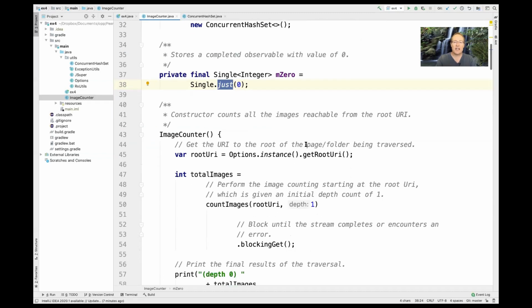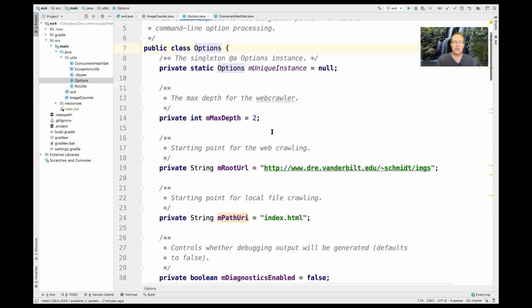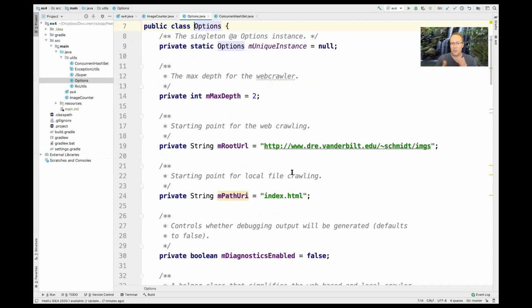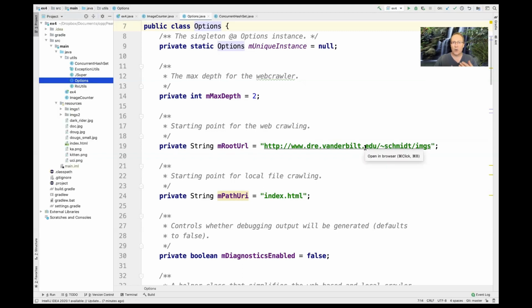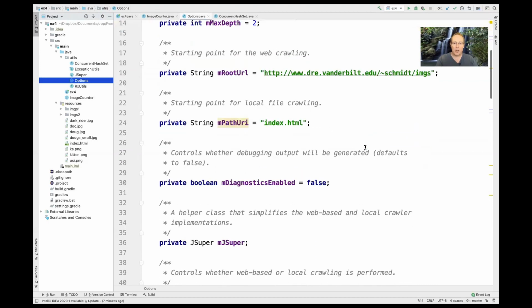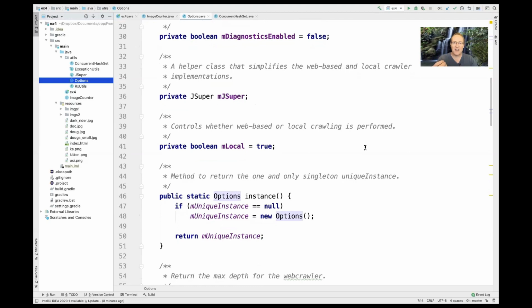All right, let's go down now and take a look at the image counter constructor. That's where the wheels get set in motion. The first thing we do is go ahead and get the root URI. And as before, if you go and look at the options singleton, you'll see that we have a couple of different starting points. You can also override this if you want, but the couple of starting points are either the path name into the file system, into our resources folder, which you can see over here, or it's basically a URL to one of my websites. So either way, one is local, one is remote. They both look the same, and we encapsulate this inside of another little wrapper facade around the